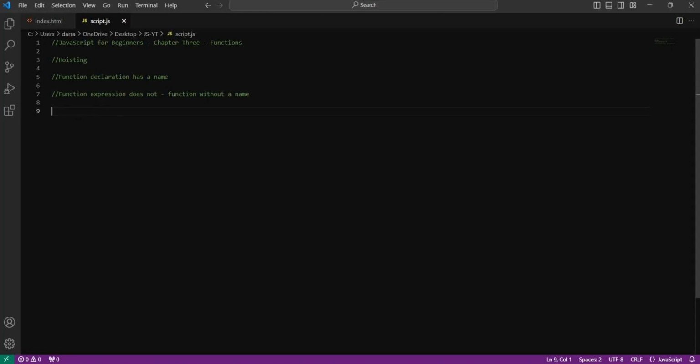Okay, in this tutorial, I'm going to talk to you about pirates. I'm joking, but I haven't actually lost it, don't worry. Basically, when the pirates used to be on the pirate ships, they would hoist up the flag, okay? The flag up the pole, hoisting, that idea of bringing something up. And hoisting is actually something that happens in JavaScript, and how JavaScript can actually treat function declarations and function expressions